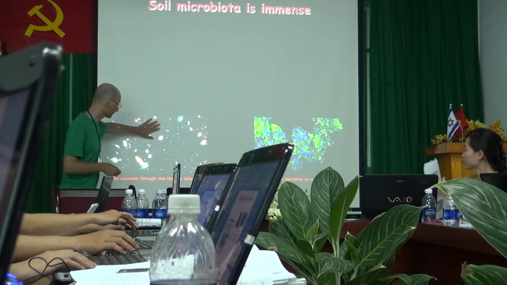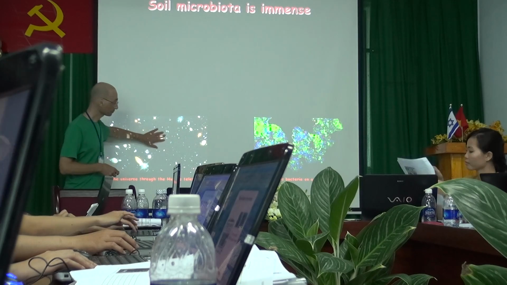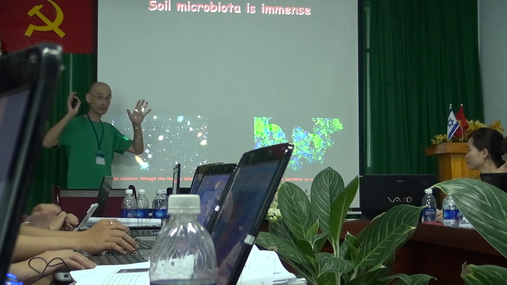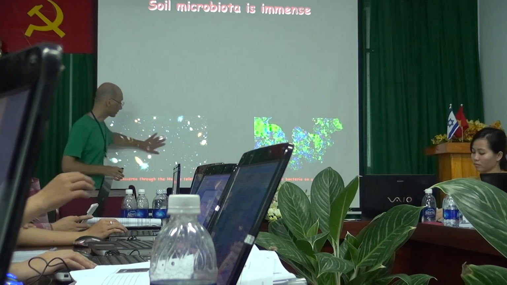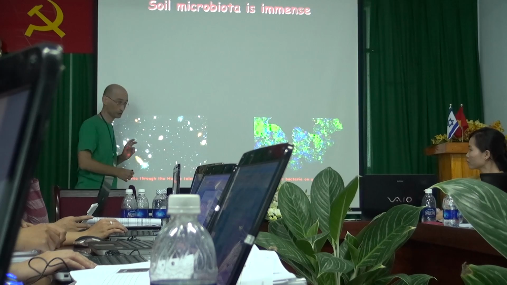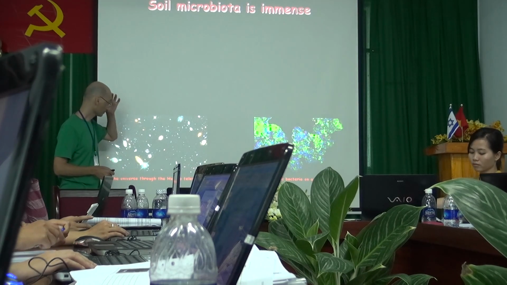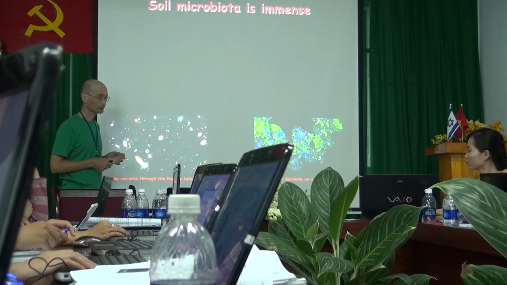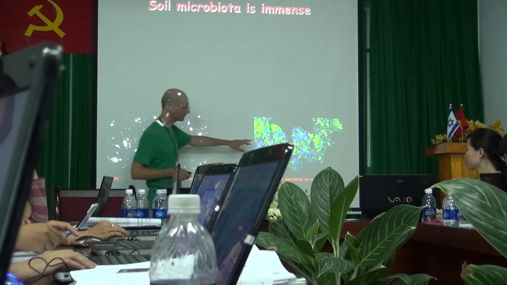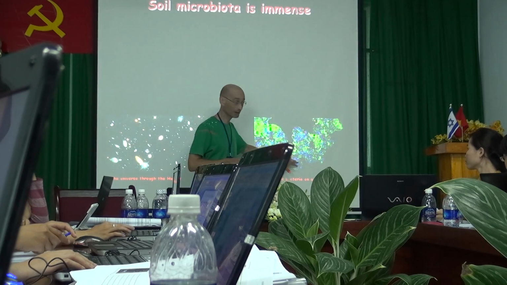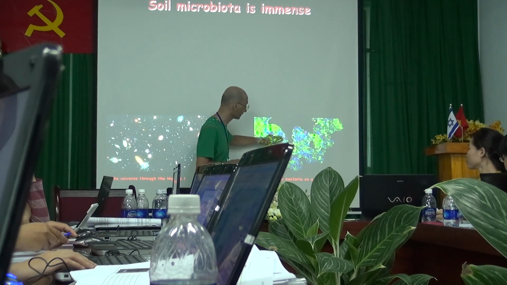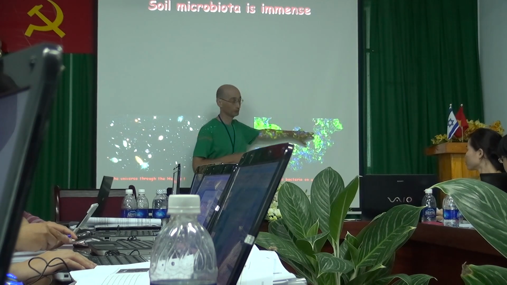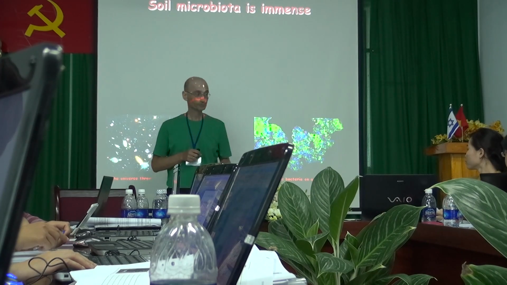What you're seeing here is a photograph of space. It's been taken by the Hubble telescope, which is in the space, and it's a picture of part of the universe. Đây là cái bức ảnh về vũ trụ được chụp bởi kính thiên văn Hubble. Okay, what you're seeing here is not stars. What you're seeing here is bacteria which associate with a coral reef. Đây là những cái vi sinh vật cộng sinh ở trong một cái